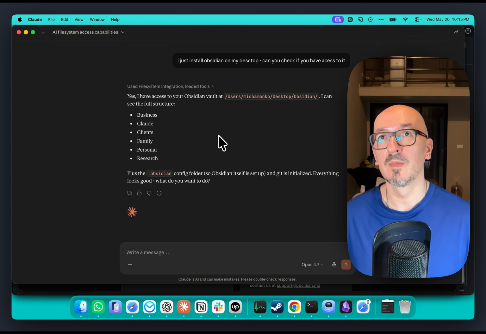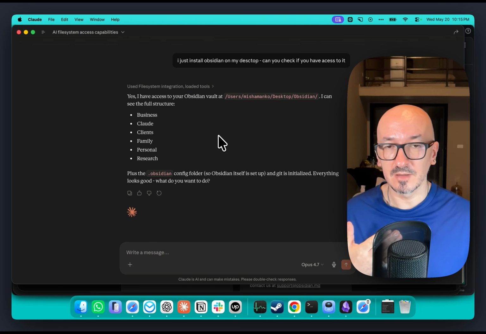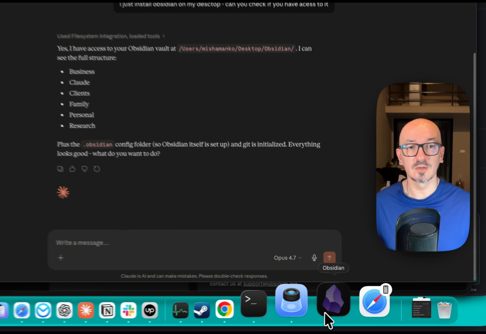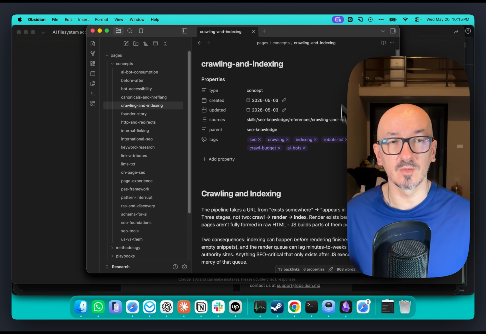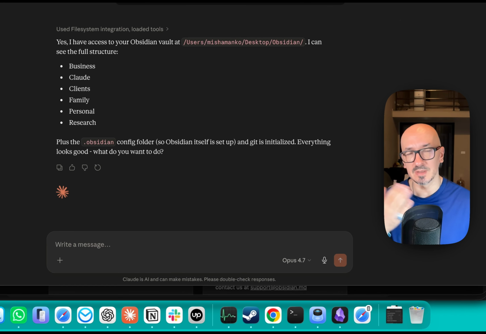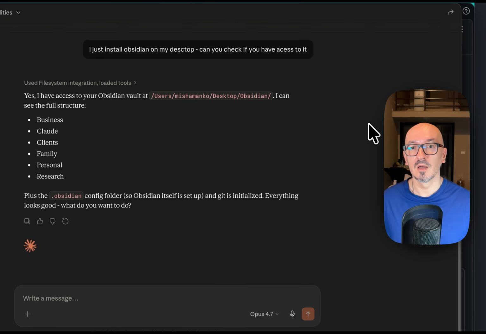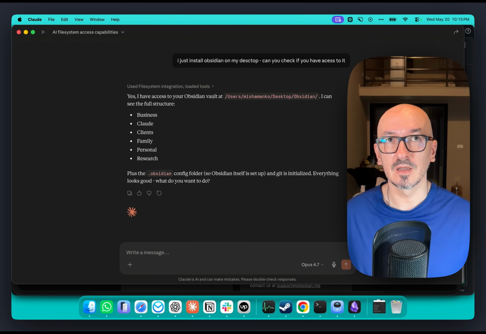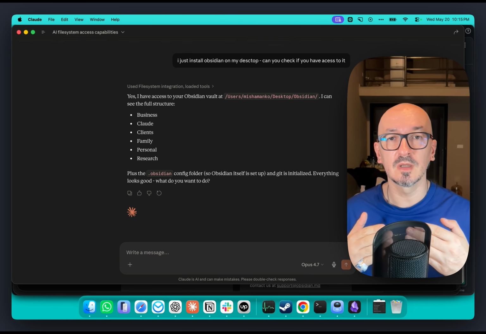You can add Claude to Obsidian, so you can have a separate sidebar here, and you can work inside Obsidian with Claude. You can add Claude to your Slack. You can add Claude everywhere, but your workflow will be very fragmented. In my case, I'm using Claude as one